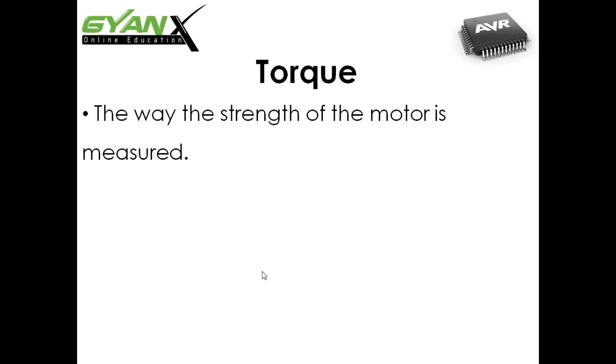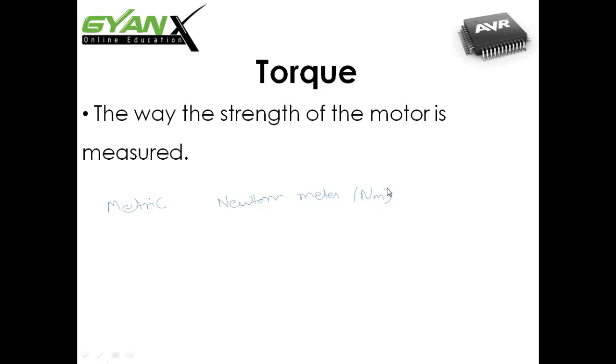This is the way the strength of the motors is measured. It is typically calculated by attaching a lever to the end of the motor shaft, with a weight or gauge on the end of that lever. The length of the lever usually depends upon the unit of measurement given for the weight. For example, suppose we want to measure in metric measurement. In metric measurement we use Newton meter,